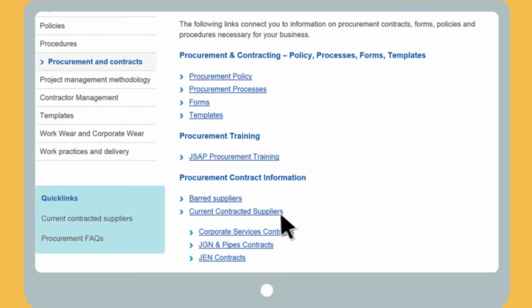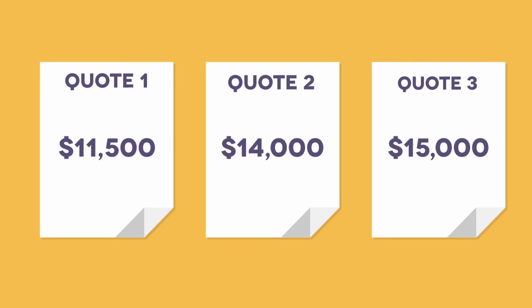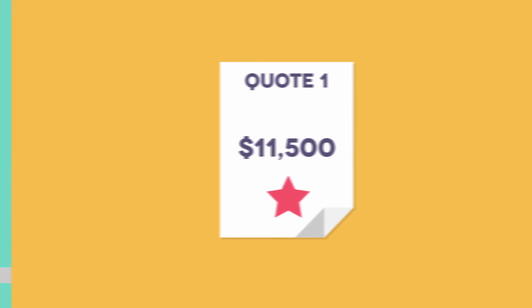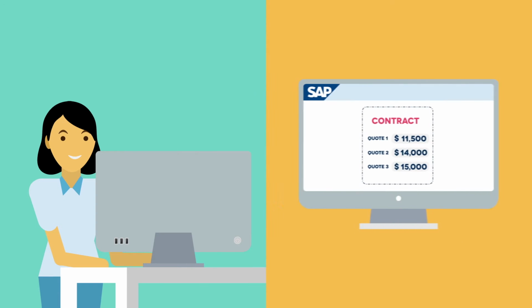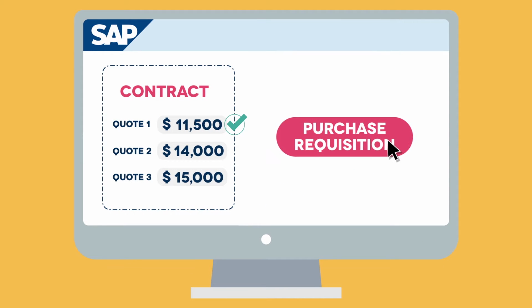She checks the current contracted suppliers list on the intranet. Fiona can't find anyone on the list, so she rings 3 vendors to get quotes. The best quote is $11,500. Fiona attaches her quotes to a SAP contract, which is then approved, and then raises a purchase requisition for